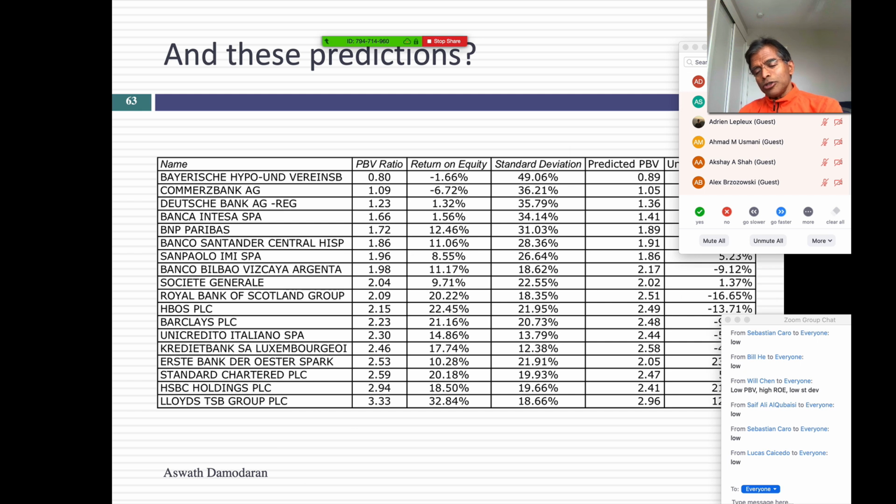Have 4 or 5 because you don't know which one works the best until you've tried them all. Try them out. Pick a multiple for your sector and make a pricing judgment. It doesn't have to be the same as your value judgment. You could have found your stock to be undervalued. Your pricing could give you a very different judgment. You're asking a different question. Try to get that done because if you get that done, you're pretty close to being done on your project, because I'll get your DCFs back. You can fix it. Your pricing will be done. All set to go on your final project.